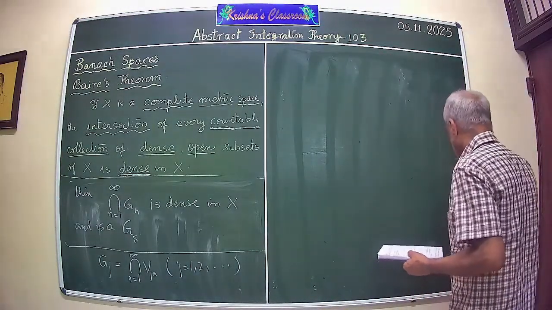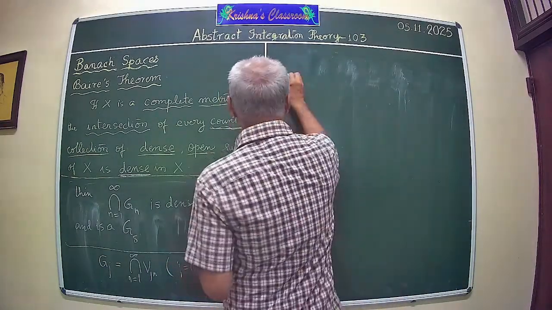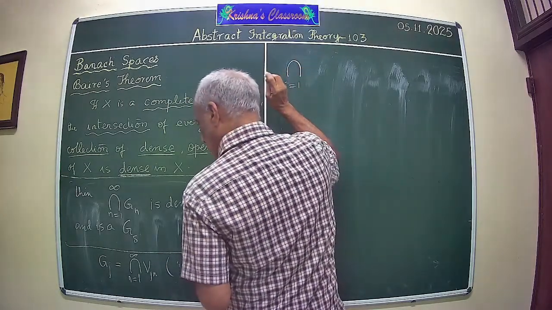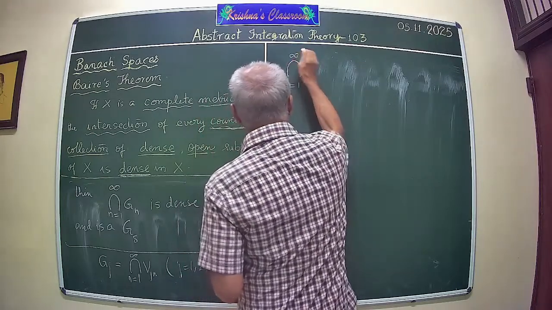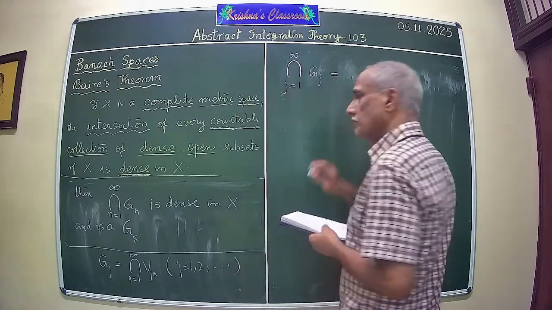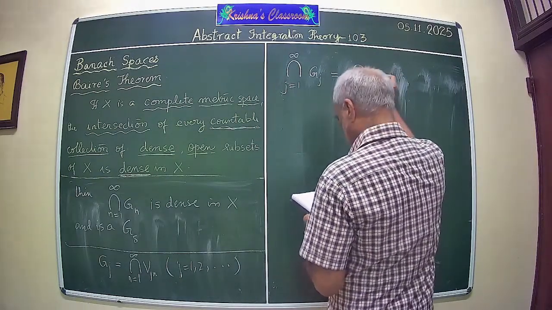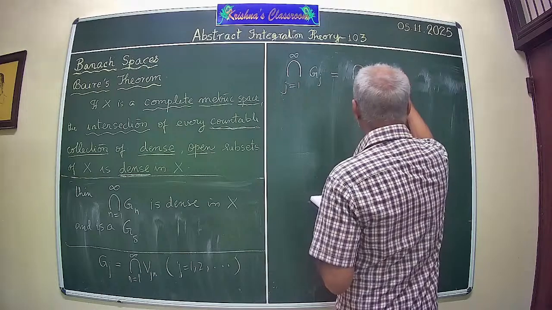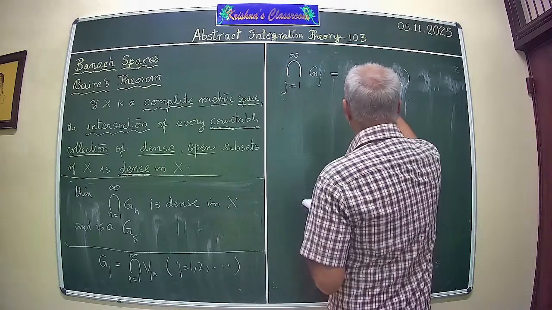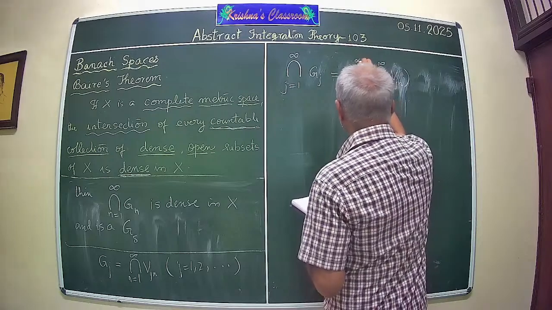What does it say? Then the intersection j equal to 1 to infinity of Gj, the countable intersection of Gj's, is equal to the intersection of